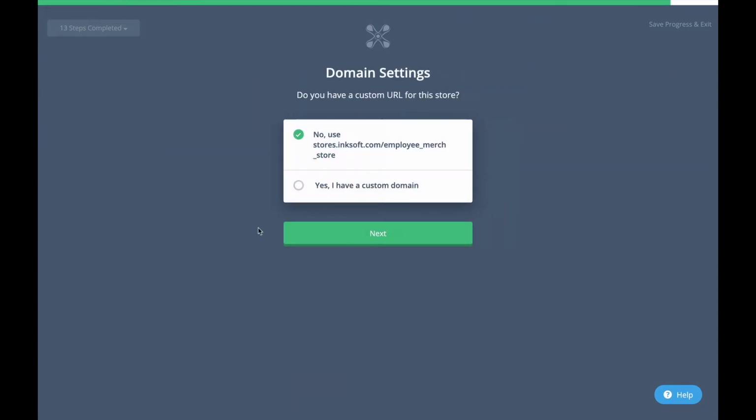Every InkSoft store will automatically receive the standard internal web address that begins with stores.inksoft.com. You can leave this as the default address and use that for the public with no problem. The stores.inksoft.com address is also secure by default, so your customers will have no issue when placing orders in your stores. However, you can choose to use a custom domain for your store's web address instead of the built-in stores.inksoft.com